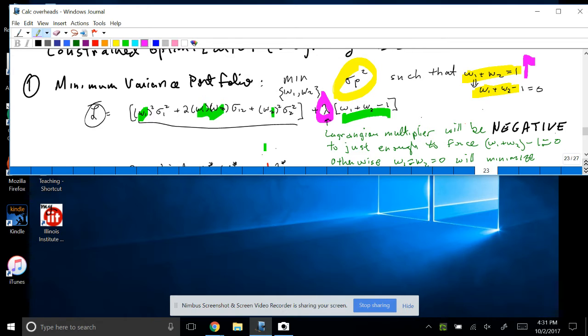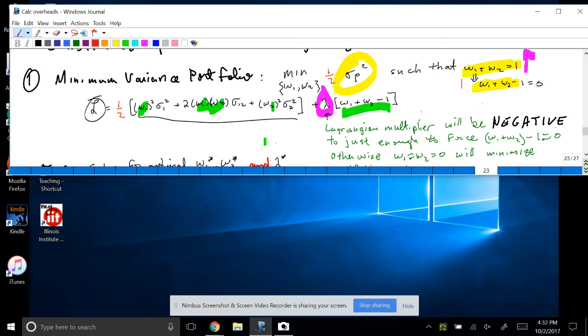All right, so to make things easy, I'm going to minimize 1/2 of the variance. And this will not affect the coefficients for the weights. The weights that minimize variance will be the weights that minimize 1/2 of variance or any positive constant times the variance. So I'm going to multiply this by 1/2, and I put the 1/2s in there because when I take the first derivative,